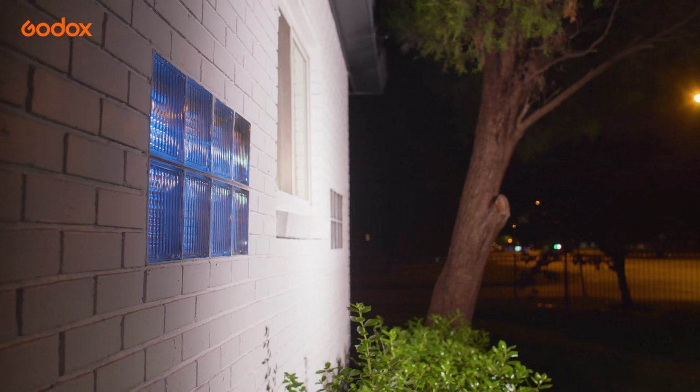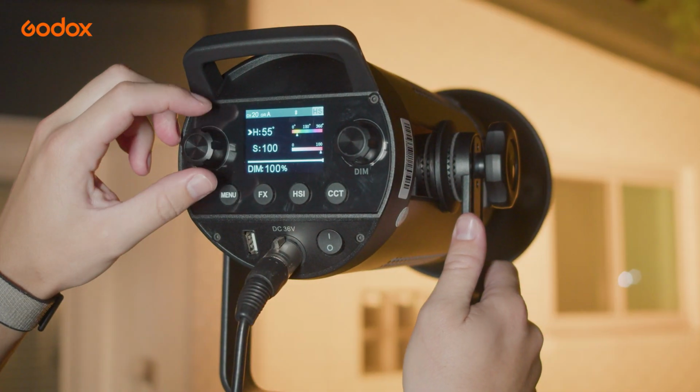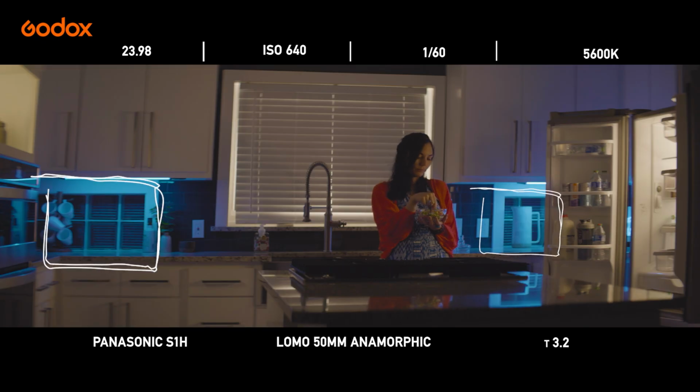So what we did is we brought a light outside, and using the Godox SZ150R, I'm able to light that one up and illuminate the windows themselves. So we found a tone that actually matched the fridge and the other light from the inside. And we shine that through these windows just to give the windows a little more illumination and to really make